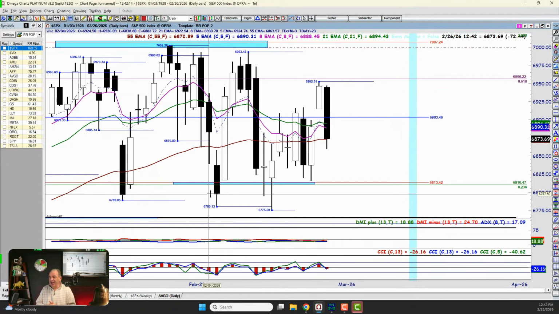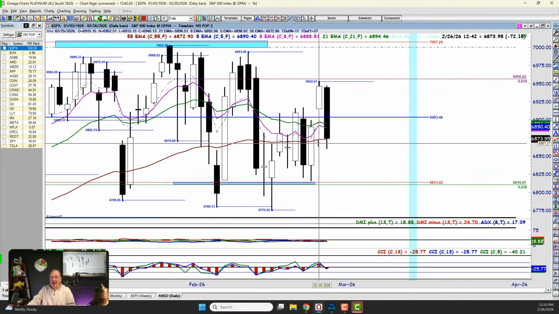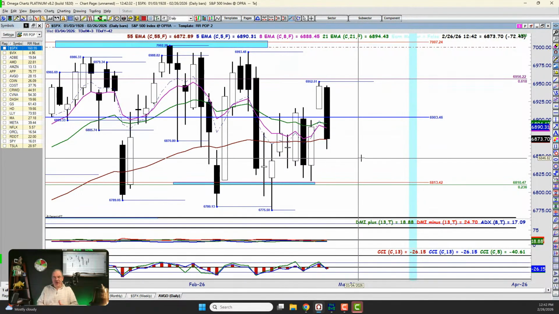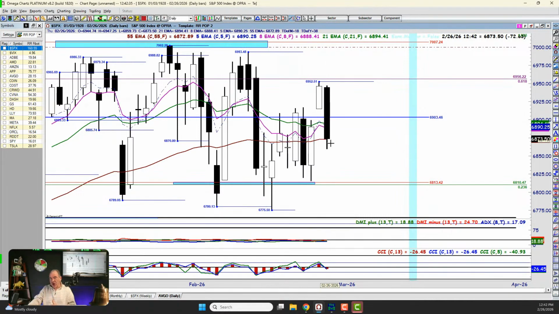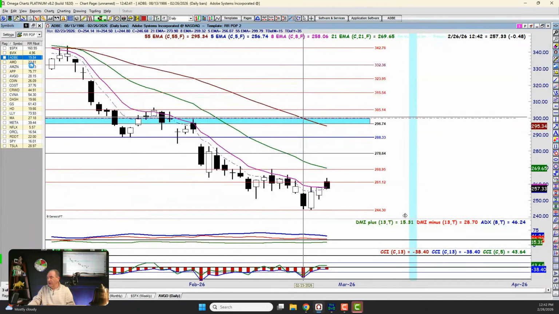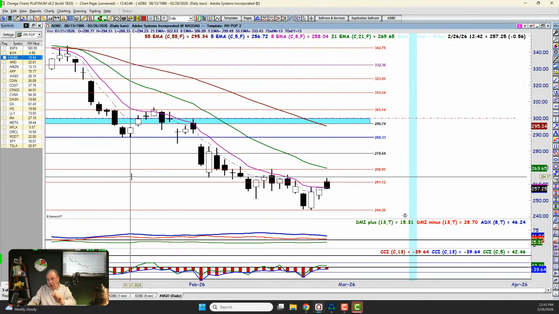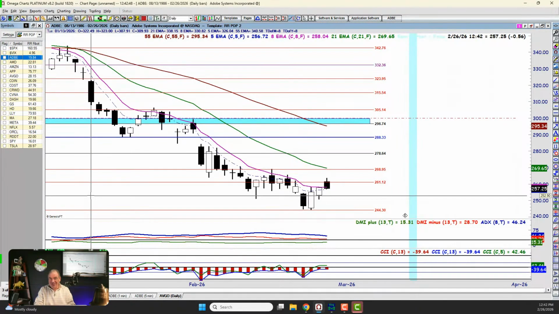Now, if we related this right now, we're getting close to bearish bias. Market's still open, right? It's only about 12:40 in the afternoon. So we've got a couple hours left, but we're getting close to being bearish where we are down below our 55 moving average, the lowest one. So I'm basically looking for bearish setups. Now, assume we closed bearish on the S&P 500, and let's pretend the market's closed right now. Let's go through a couple of stocks. We are in a bearish bias right now on Adobe. I love it. It's just below the moving averages. Are they in the right order? Yes. 8 is on the bottom, 21 is above, 55 above that. Pink, green, brown. They're all in the right order.